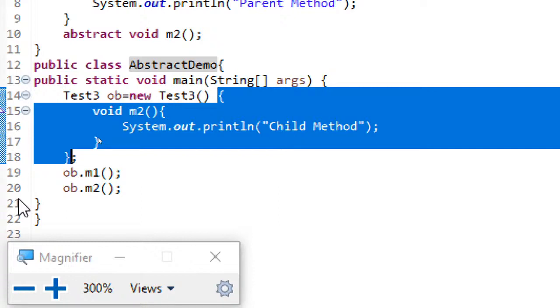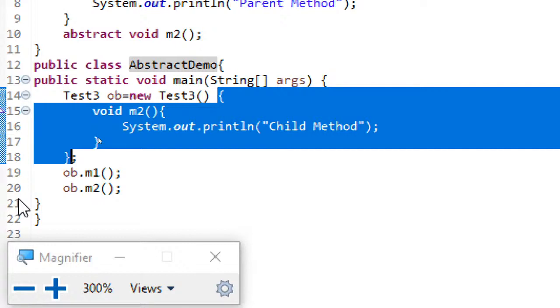Before the assignment, what is that? You can see the class name test3. So since before the assignment operator there is a test3 class name, JVM understands that this anonymous class is a subclass of test3, whose reference variable will be pointing to this anonymous class.